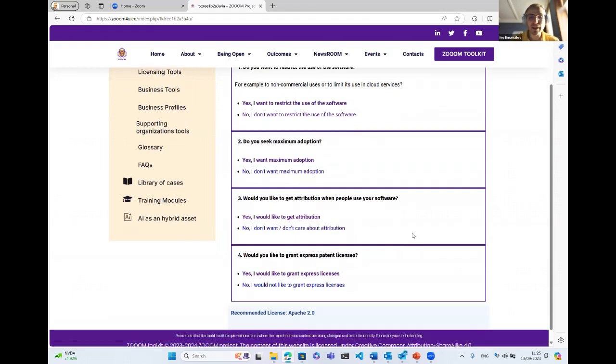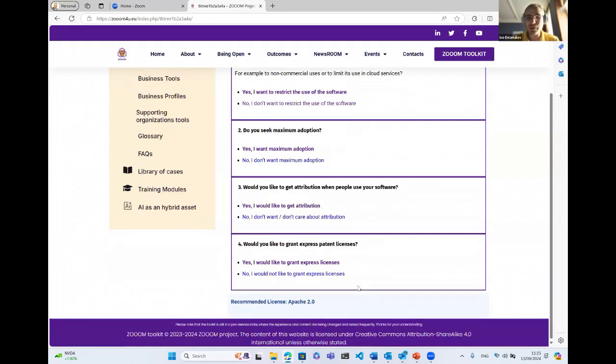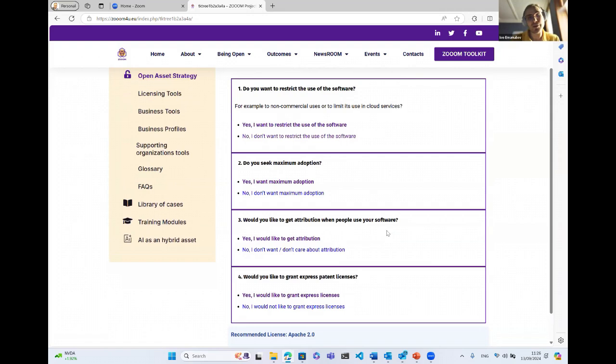to whoever's going to be using our software. And then you get to the most obvious answer, at least for someone who is working with open source, and that would be the Apache 2.0 license in this case. So like I said, this is just a recommendation. Keep in mind that you might want to apply different licenses to different pieces of your product, and that's okay. So you might have to play with this decision tree for different aspects of, for example, if you're releasing a library